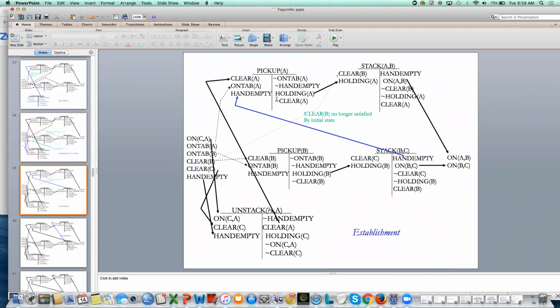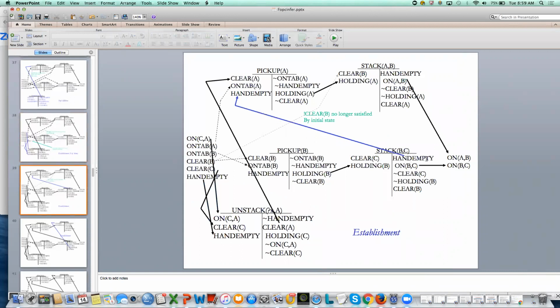Once Tweak has found the necessary operators, it can do some reordering. Actually, some of you did this for the project. You sort of find the operators that you need, and then you do a search for the way to order them. In this case, one way to order these is to